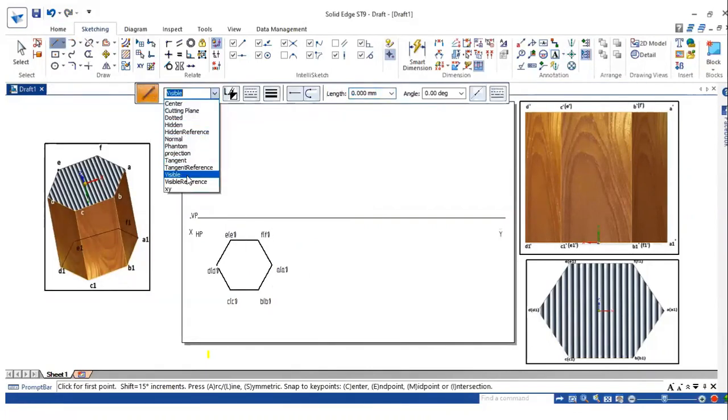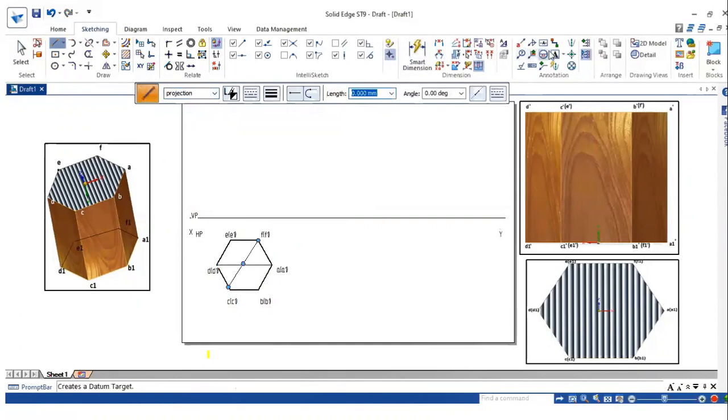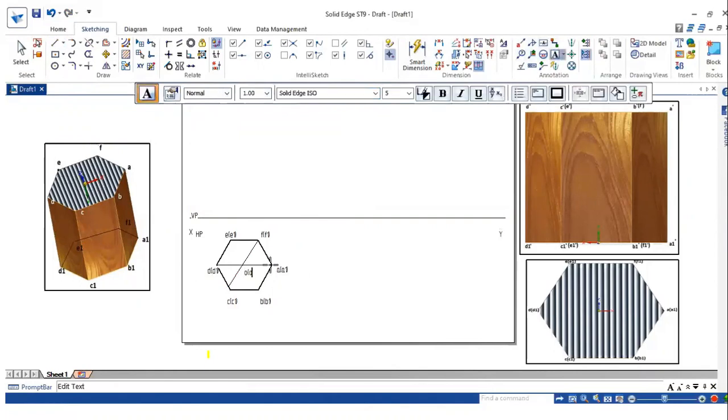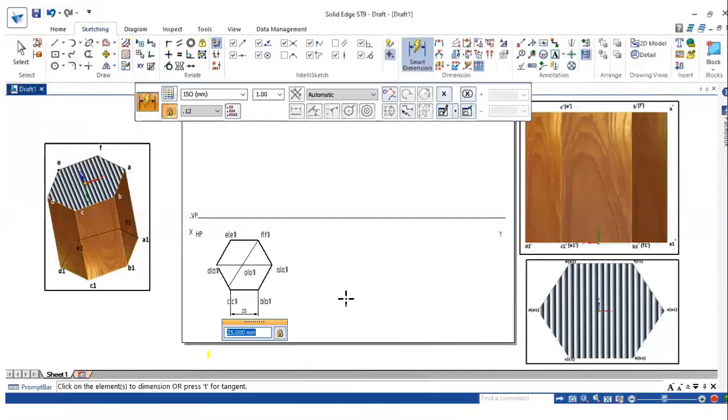So go for projection line. Join any two corners of the hexagon, you will get the center. When I am viewing from the top, the top center is visible, whereas the bottom center is hidden to me. So it is O and O1. So this completes the top view. The hexagon of 25 mm side is resting on HP. So in the top view, I will be able to see the top surface of the hexagonal prism.